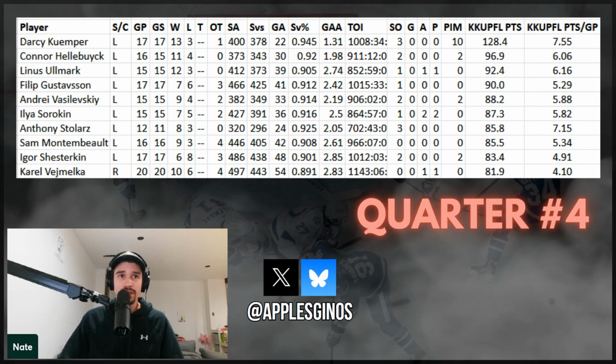So I just think that there will always be these options for you throughout the course of the season. Maybe there won't be an option for you every single time you go to the wire, but on average, over the course of the season, you will be able to find these goaltenders. I do have a heuristic that I've talked about, just a basic step by step methodology for how to pick up these goaltenders throughout the season and what to look for. I'll touch on that a little bit later, but I've been employing it throughout the last number of seasons. It's been working well for me. We can get into that later.